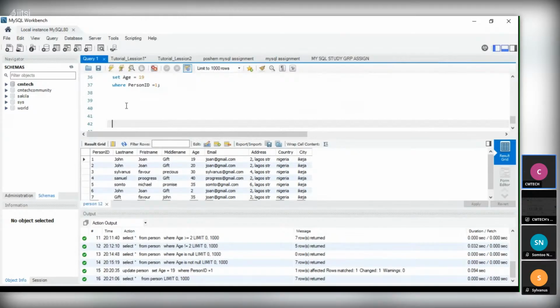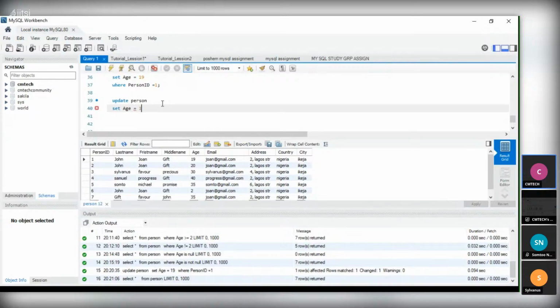Update person, then set age equal to 10, where person ID